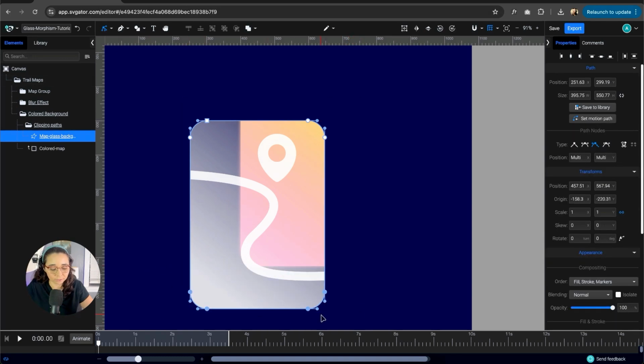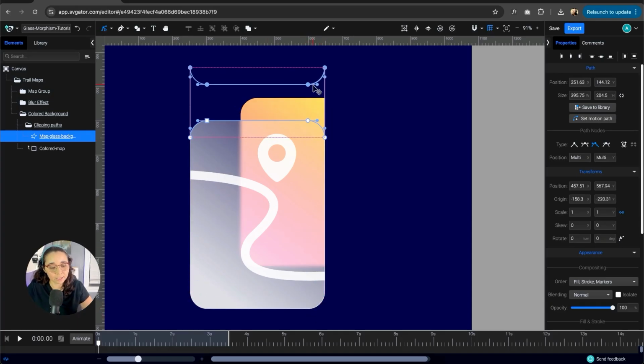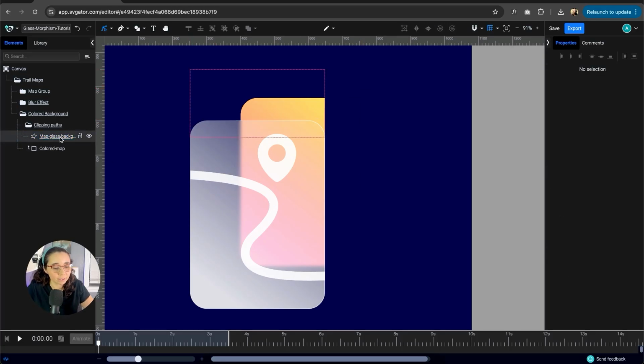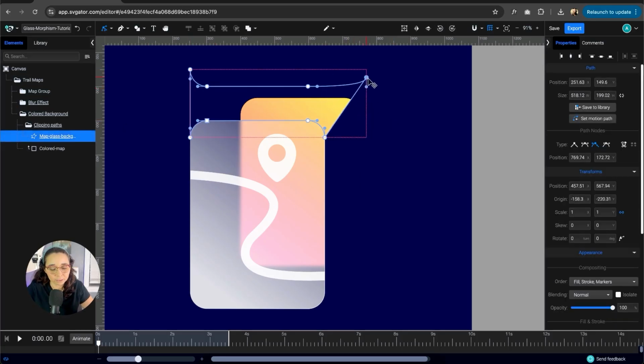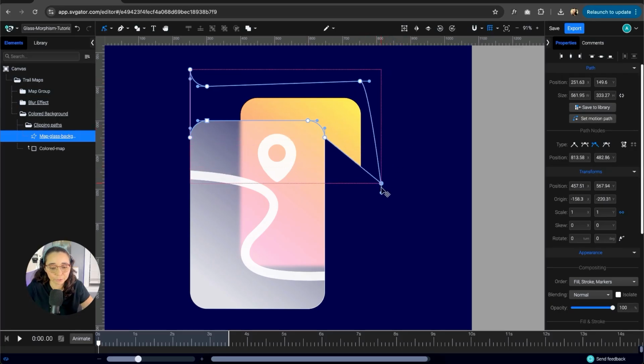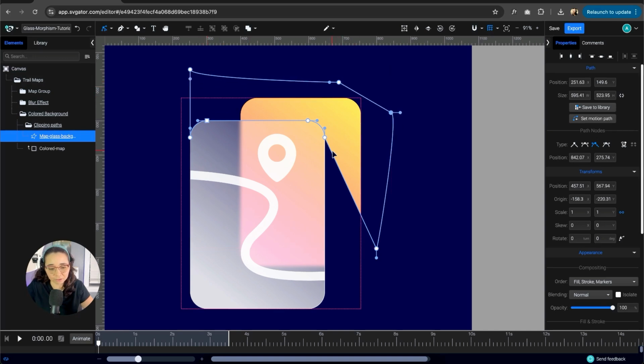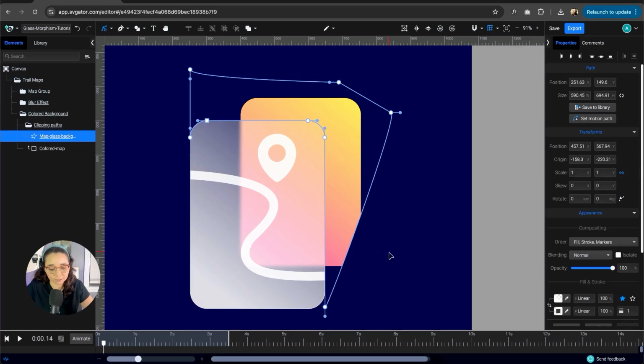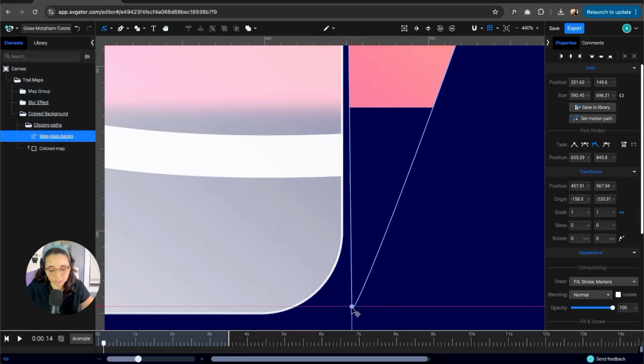So we can select the ones here in the bottom, and then we can pull them all the way up just like that. And then we're gonna start seeing that the shape in the bag is actually visible now. So then we can start modifying that shape there. So I can kind of like deselect it and then start selecting the actual nodes that I need to modify this shape here. So I'm just gonna move it, making sure that I don't really need to create new nodes. I can just work with the ones I have,